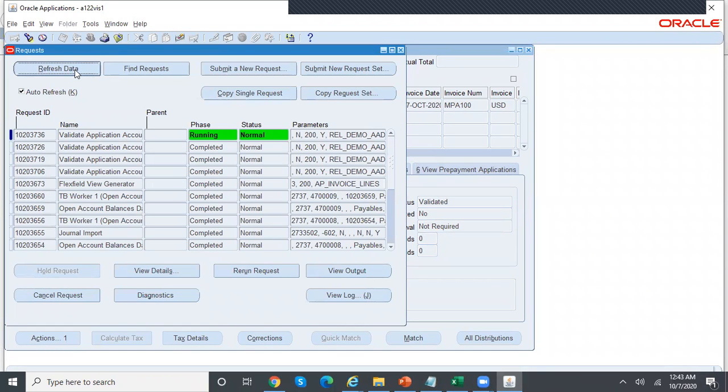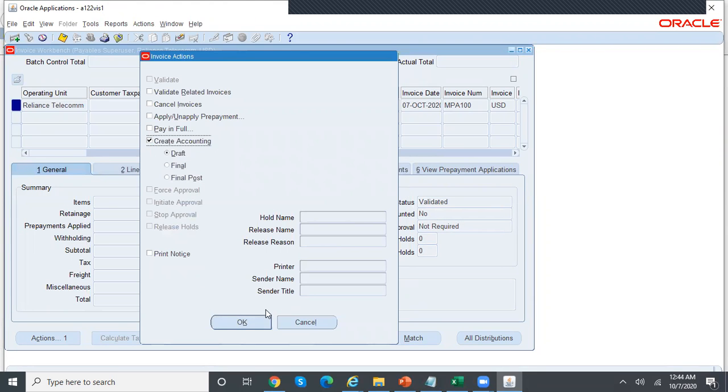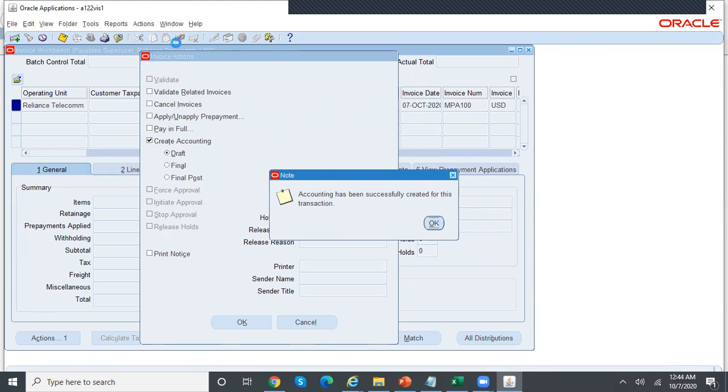It's still running. Once it is completed, I can rerun the create accounting in draft mode again. Yeah, it's completed. Now actions, create accounting, draft, okay,